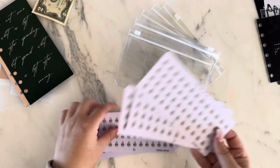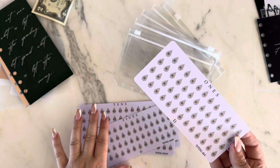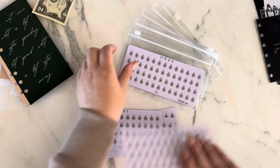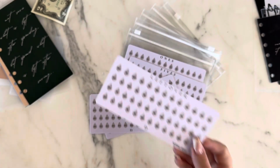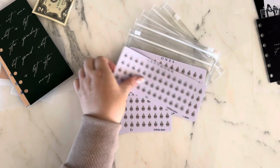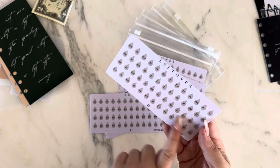I mean, this one goes up to 1,040, that you can do with weekly, you can do monthly, you can just add it as part of your everyday routine. And then what's cool about this one is it's leftovers. So I like to take the cash that's in my wallet at the end of the week. I usually have a bunch of random 1s, 5s, whatnot, and this way, instead of just keeping it in my bag, I can stick it in here and mark off the amount that I have left